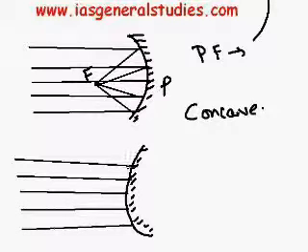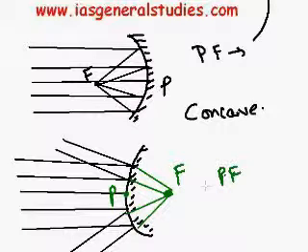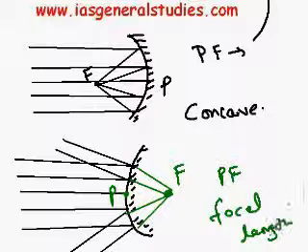It is coming like this and hitting the mirror, parallel rays. What will happen is from this point it will start diverging in the direction shown like this. But if you see these rays, they appear to be coming from some point here. Is it clear? So these rays appear to be coming from some point, that is known as the principal focus. And as usual, this is P. So this PF is nothing but the focal length. Clear? So this is the explanation for both the mirrors.